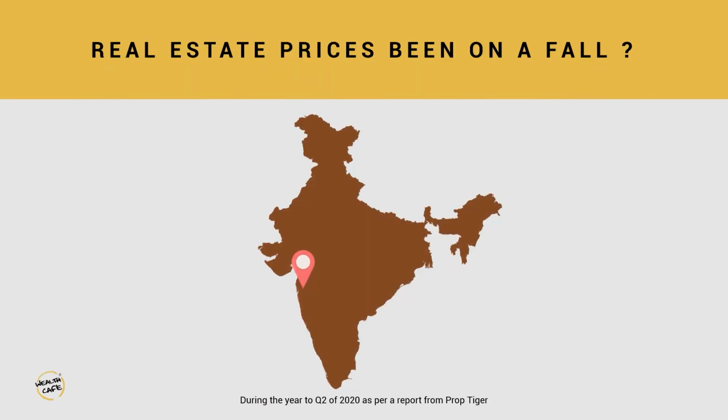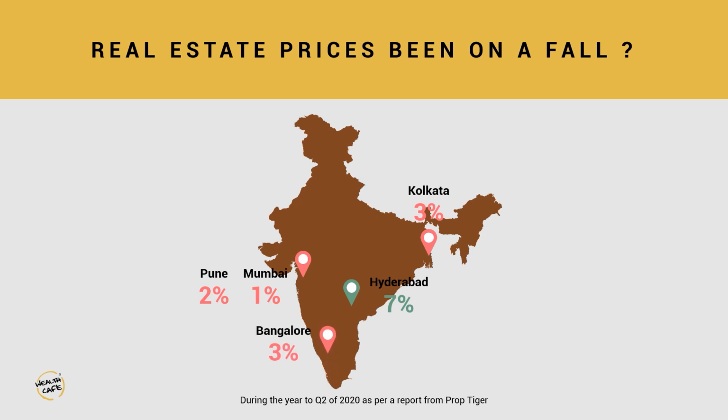If you look at the general returns on real estate prices in India in this second quarter of 2020, you will find that they have been very different across different cities. On the lower end are cities like Mumbai and Pune, and on the higher end you see cities like Hyderabad. This only gives you a very broad picture of how saturated or how well a particular market is doing. But again, I said this is just the tip of the iceberg. You need to do a lot of research in figuring out which is the actual property that you want to buy when you are in that particular city or area.